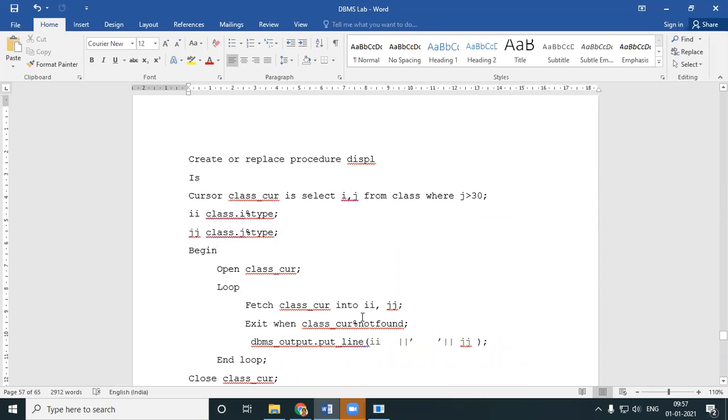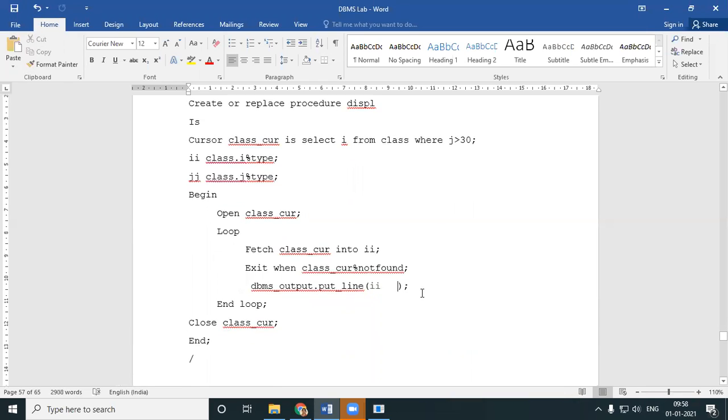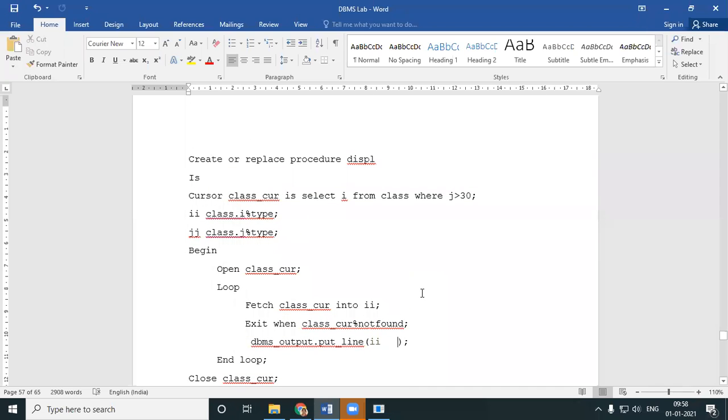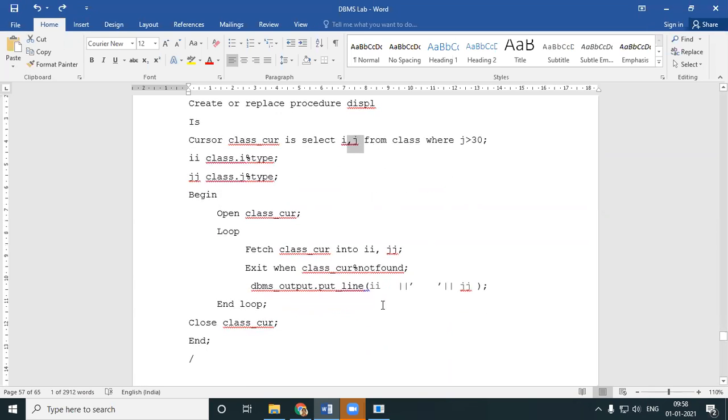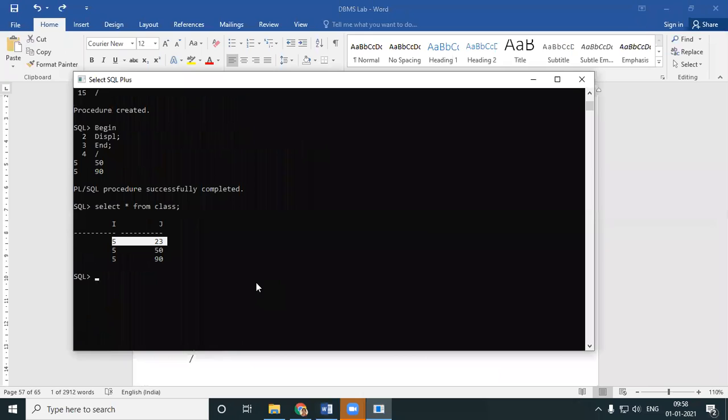Imagine, I want only I. I just simply write select I, fetch only into I. Okay, and I don't display a j. You can be specific in what you want as the output, which means you will be getting only I. So as this is a very small table and I have only ij, things will work like this. But imagine you have a huge table.